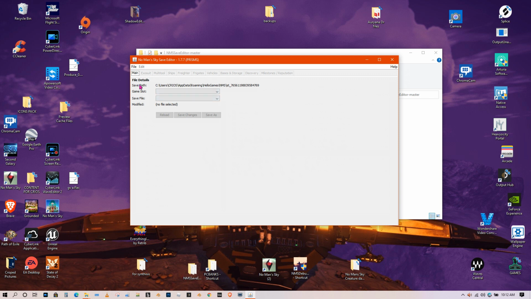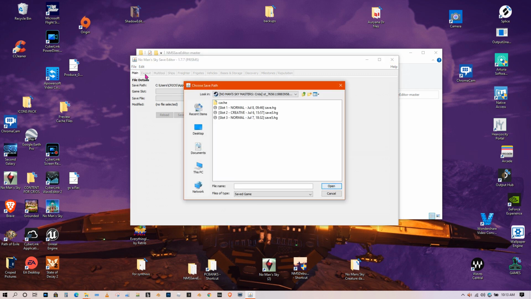We have file details. We have a save path. This is telling you where it is looking for things. You can open file path too. I believe it does it automatically for you if you're in there. But if you want to find your files, you can come in here to choose path, and most of you guys are going to have yours on the C drive. I believe mine is in, mine's on my H drive. I think it usually will find this for you and pull it out, but if not, you need to go to your